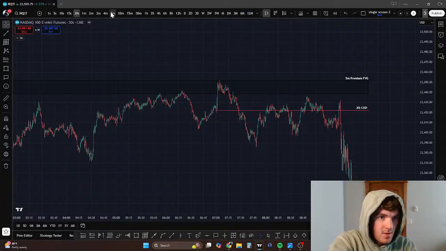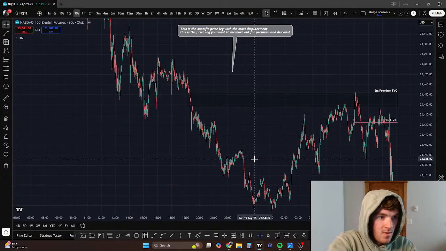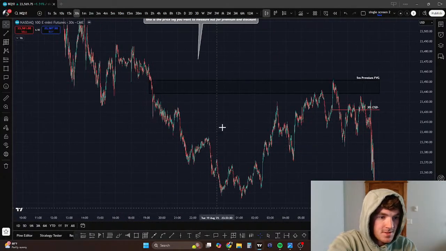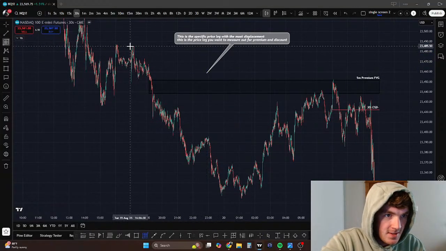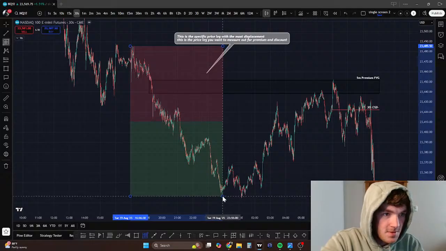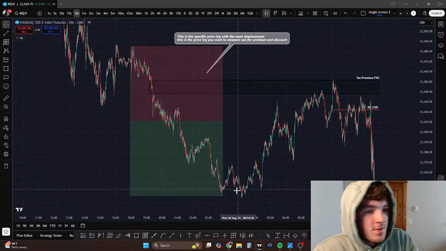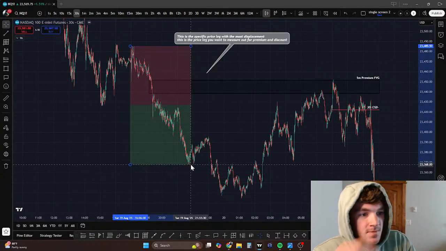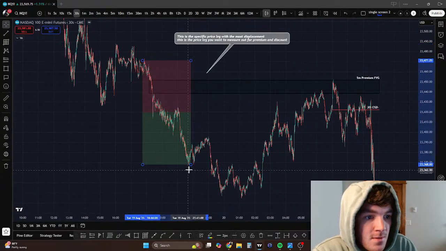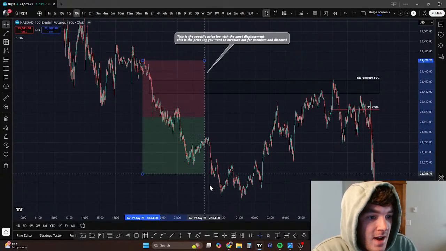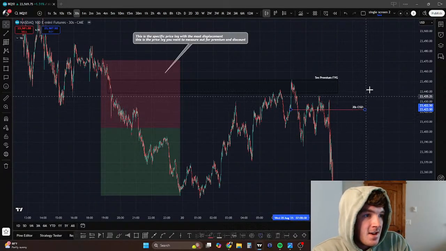So once again, measure this out from this obvious swing high to this swing low. It's just the most obvious one. You could do that one, but once again, this is the move with the most displacement. You could also do this, right? Either way, it's still in premium. Doesn't really matter. However you do it, it's still in premium. So 5-minute, 30-second, and then